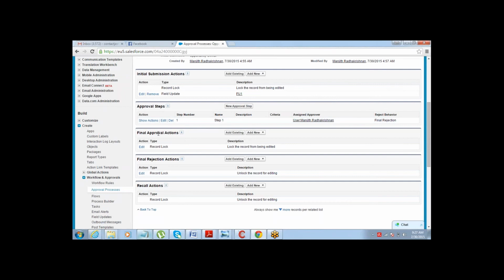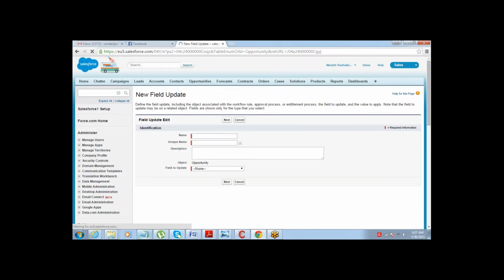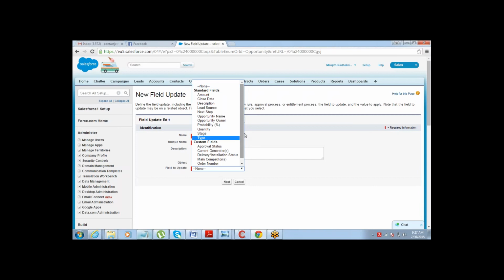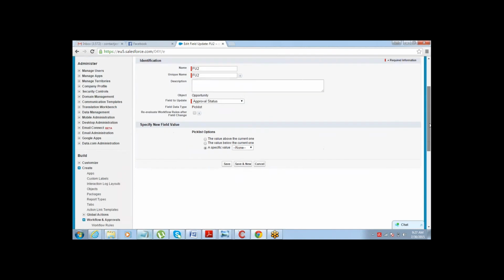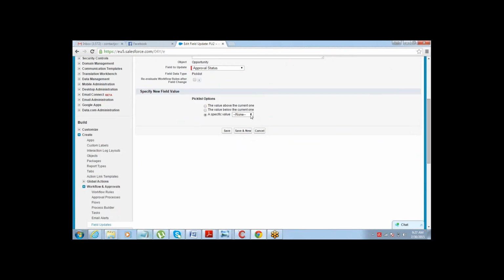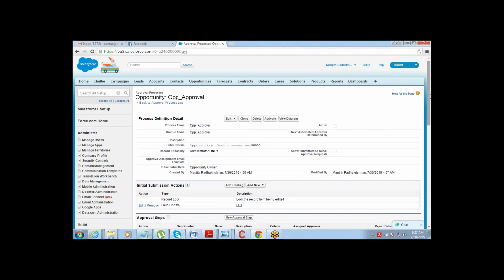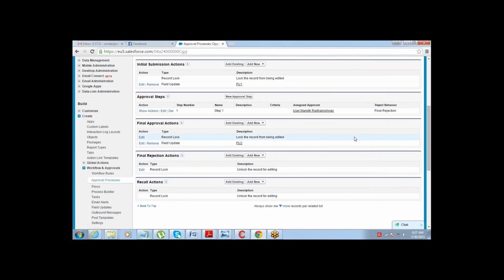For approval action, the final approval action, you can just add one more field update and make it approved. For rejection action, just go to the same field and make it rejected.